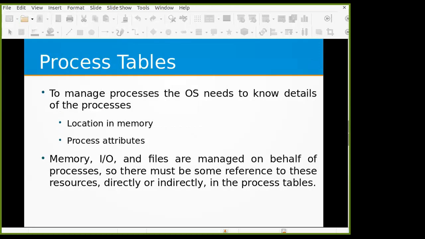Then we have process tables, another structure, the most important table you can say. To manage processes, the OS needs to know details of the processes. What kind of details? Location in the memory and process attributes. So memory, IO, and files are managed on behalf of processes. First of all, you need to understand that memory, IO, and files are resources and they are managed on behalf of processes. So there must be some reference to these resources directly or indirectly in the process table,